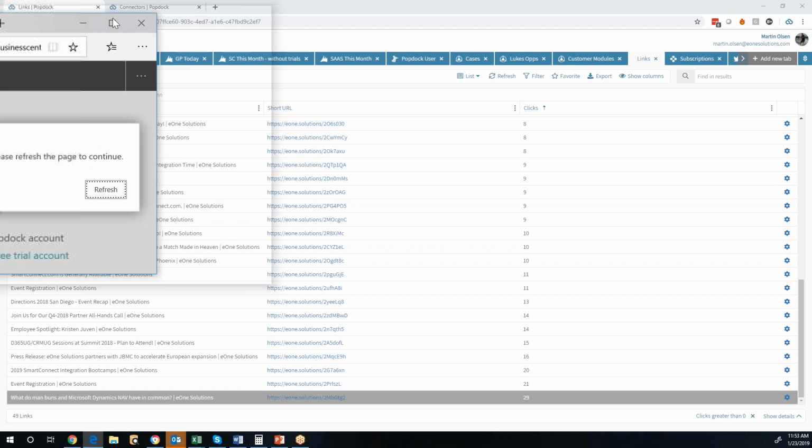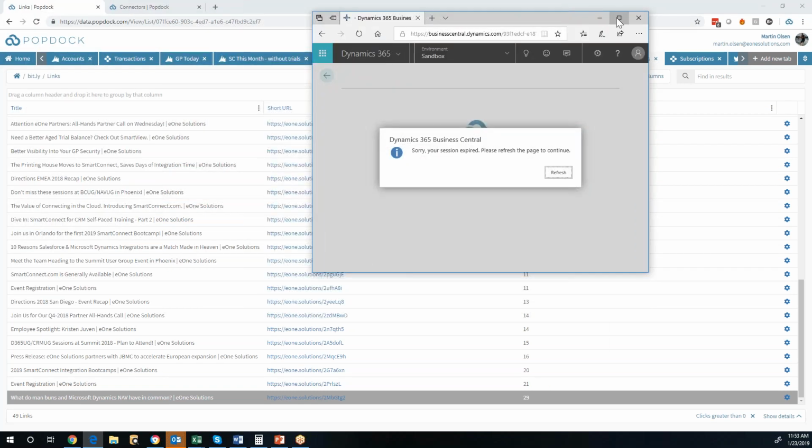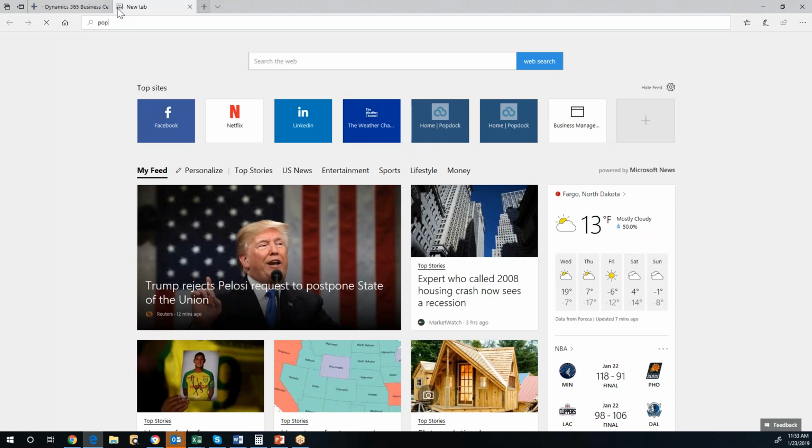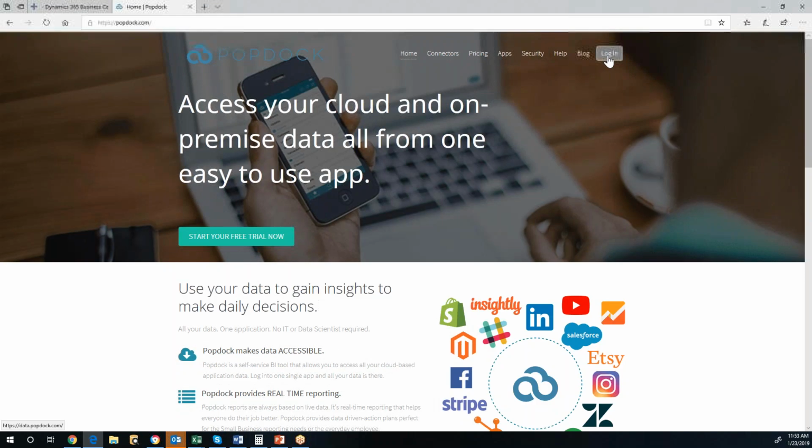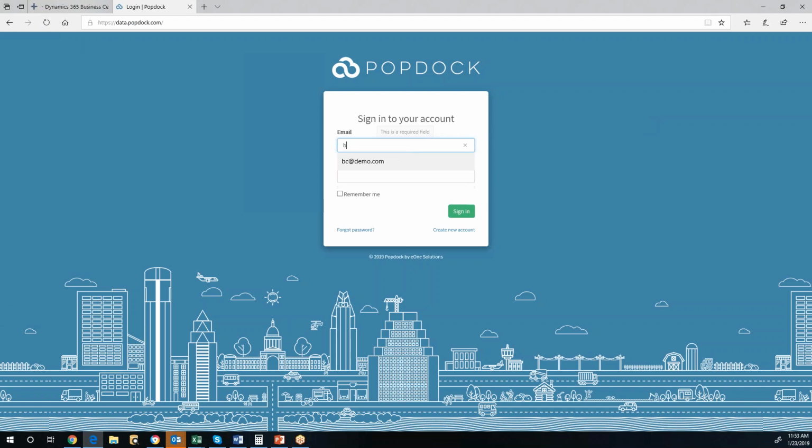So I'm going to just jump across to a different environment for a second. Let me pull this one up. I'm going to log into POPDOCK again. Just want to show you a different account. On our internal eOne one, the developers have decided that I'm not smart enough to get full access to all the development, so I only get that in my test environment. They think I might break the system. But when I log into here,